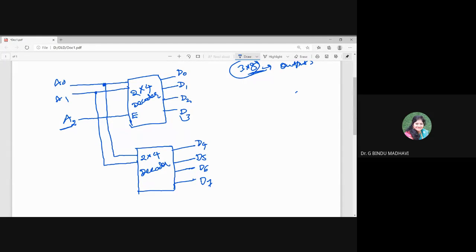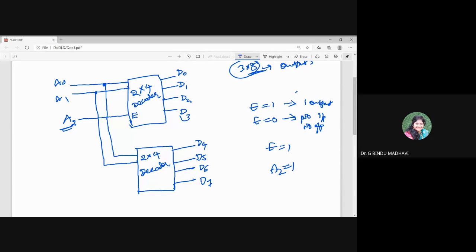Next, enable. Every decoder will have the enable input, right? If you enable once, any one of the outputs will be active. Yes or no? If E equals 1, any one output will be active, right? If E equals 0, no input and no output. Yes or no? No input and no output. So if I write E equal to 1, that means if I give A2 equal to 1,